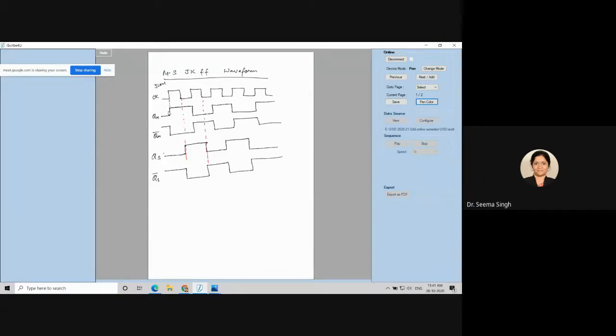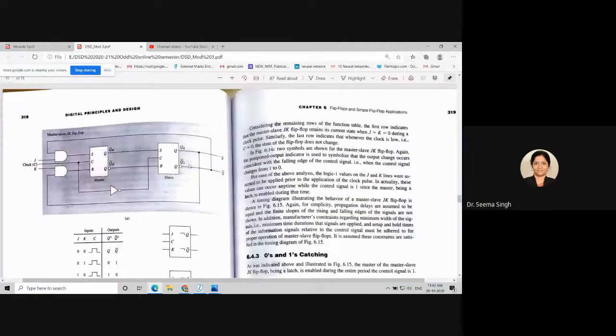But what you can see here, master became one here. Slave became one after this half clock cycle. Same way, master became low here and slave became low after this half clock cycle. So slave will follow the master after a delay of half clock cycle. And because feedback is shielded because of this clock control, this feedback is stopped. This feedback does not come here because this is in not working state, and this continuous feedback is stopped. That is why toggling does not happen here.